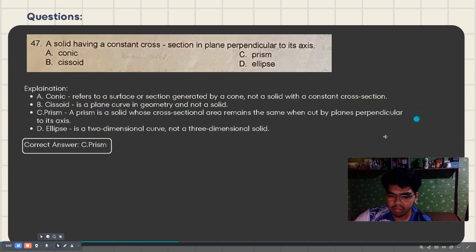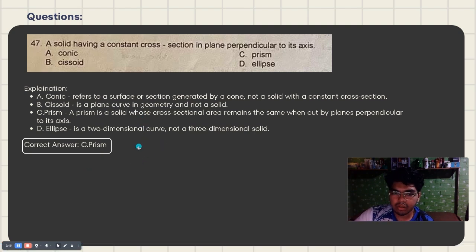Next. Number 47. A solid having a constant cross-section in plane perpendicular to its axis. A. Conic. B. Cissoid. C. Prism. D. Ellipse. So for the explanation,